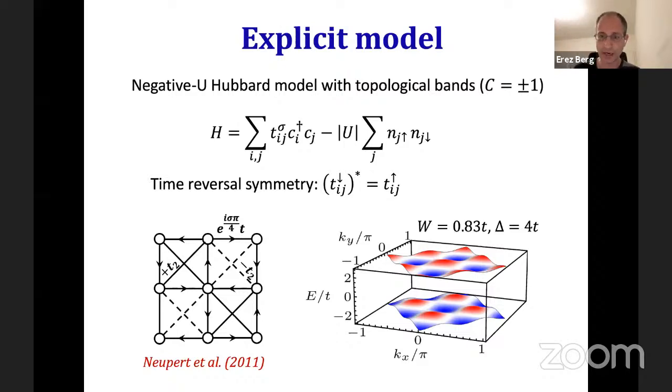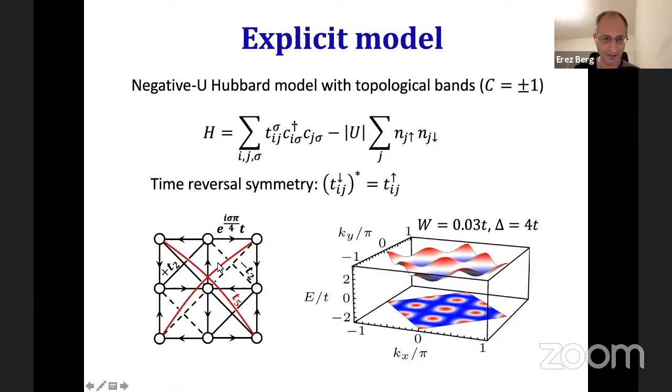So it turns out that if you modify this model slightly, you add a second neighbor diagonal hopping, so fifth neighbor hopping on the lattice. You add this term T5. It turns out you can make this lower band really extremely flat without changing its wave functions at all. So this band is still a Chern band, but now the ratio between the bandwidth and the band gap is almost 100. So now it's really in the extreme limit where the lower band is very, very flat. And so that's our band structure.